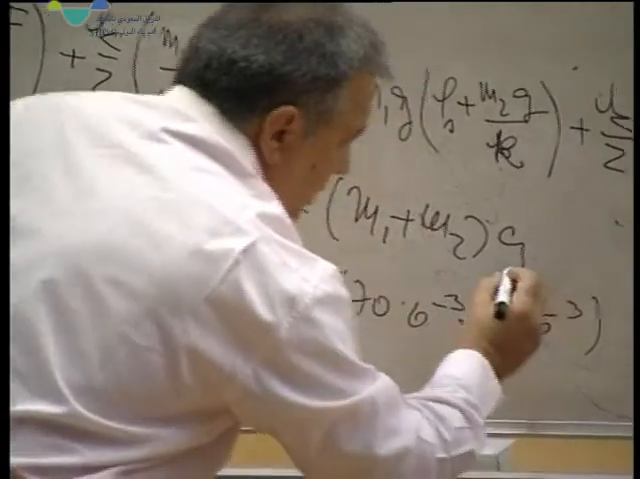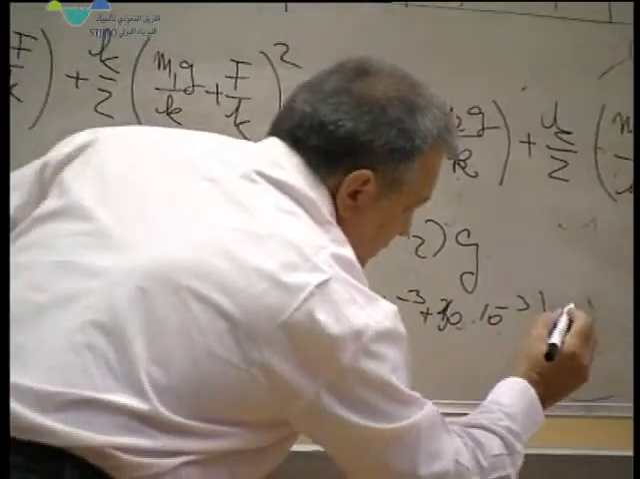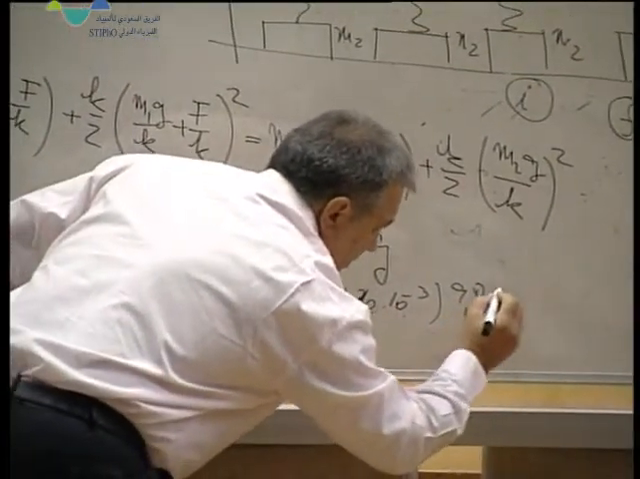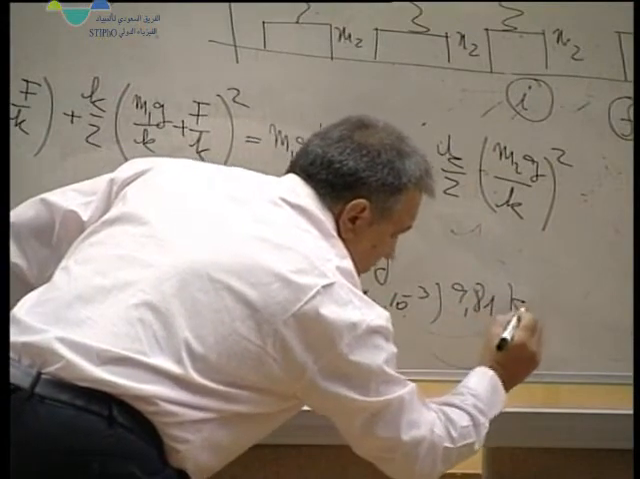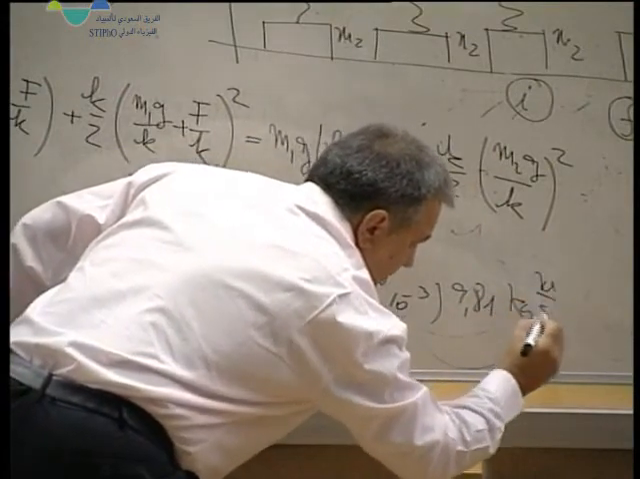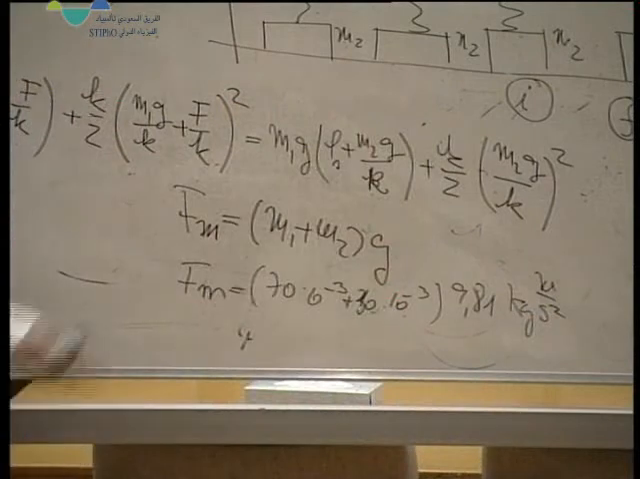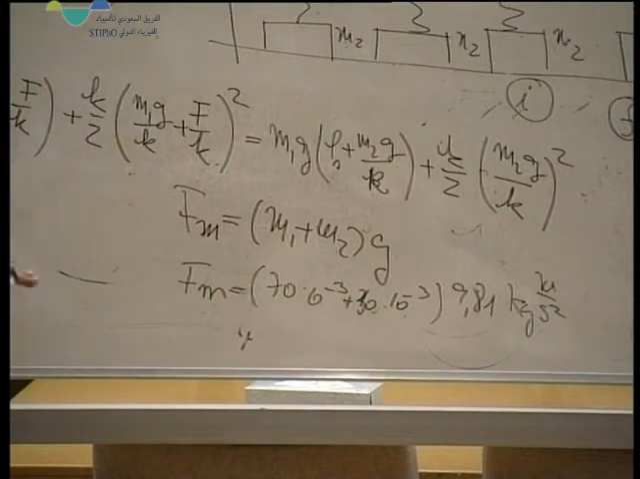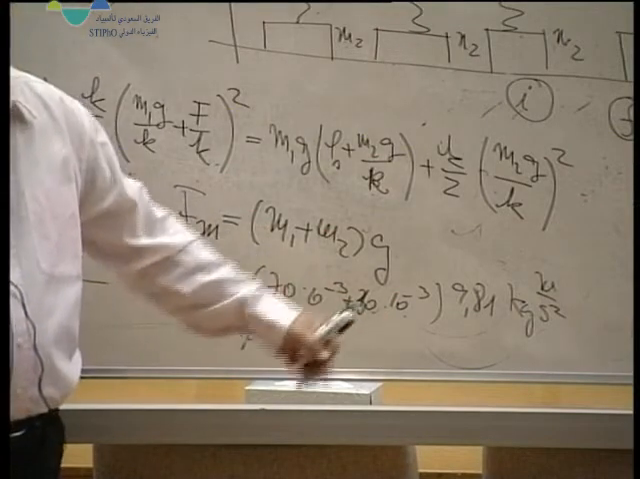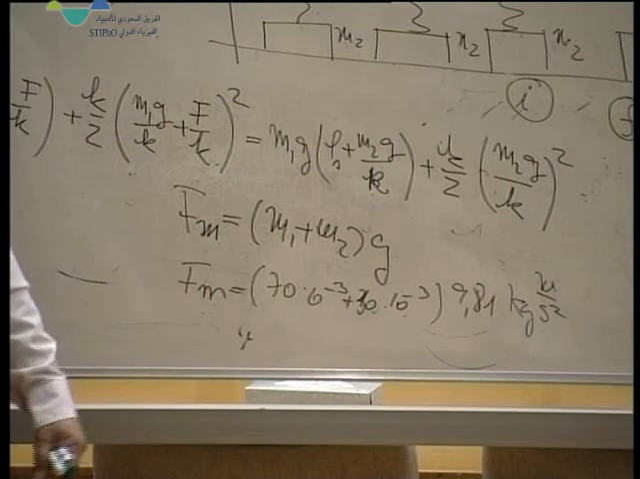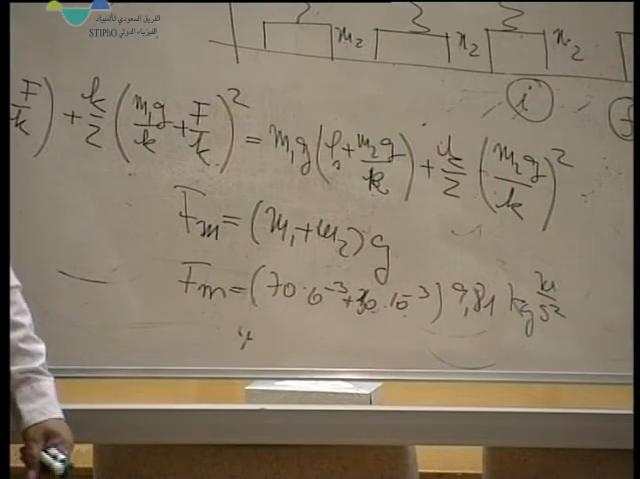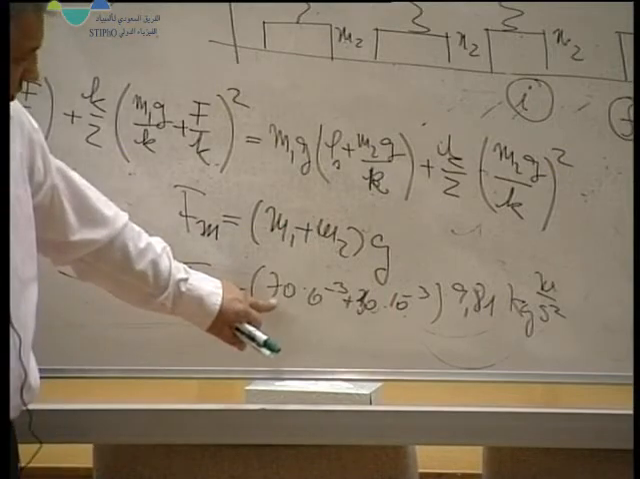And G is 9.81, so kilogram meter over square second. That means Newton. Okay? So you see the calculus only in the final relation. Very simple, very easy. Yes? It is 10 to the power